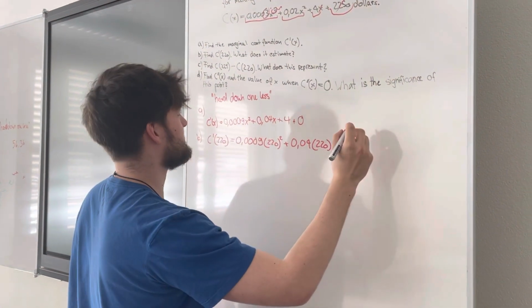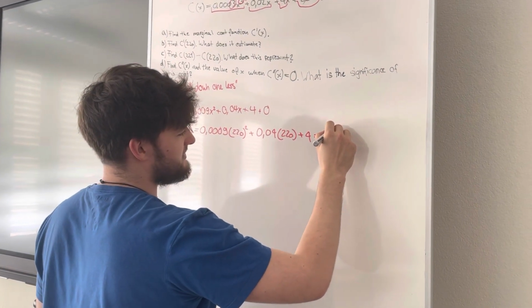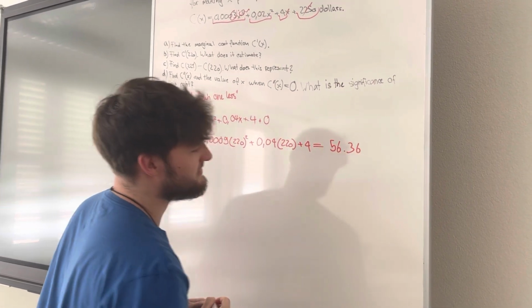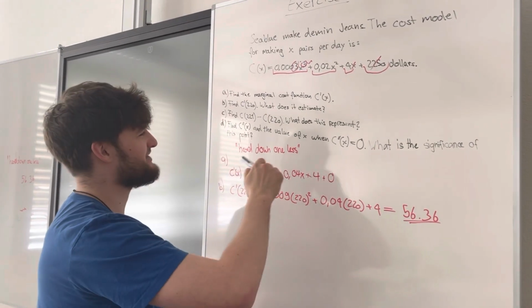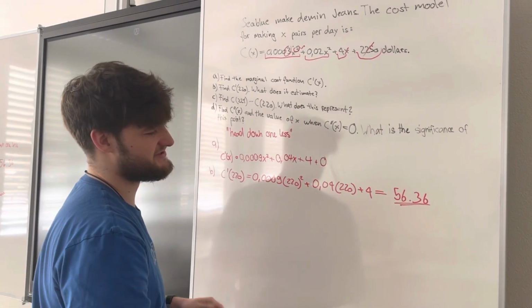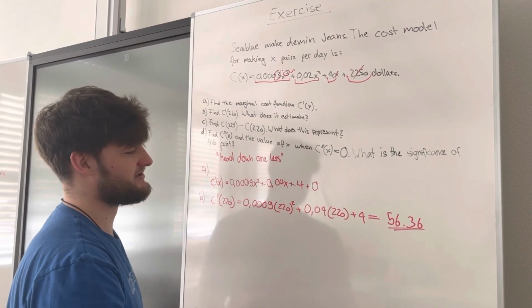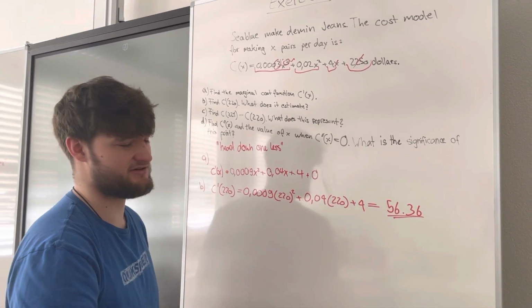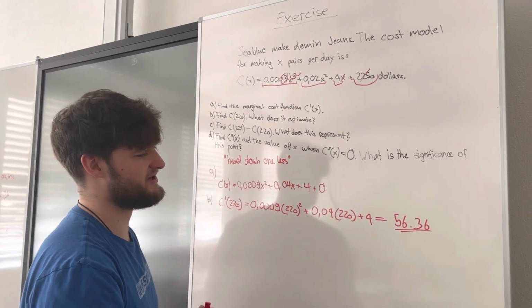If we calculate this, it gives us the result of 56.36. So now we have to say what this 56.36 value is, and it estimates the additional cost for one more genes pair if 220 pairs of genes are